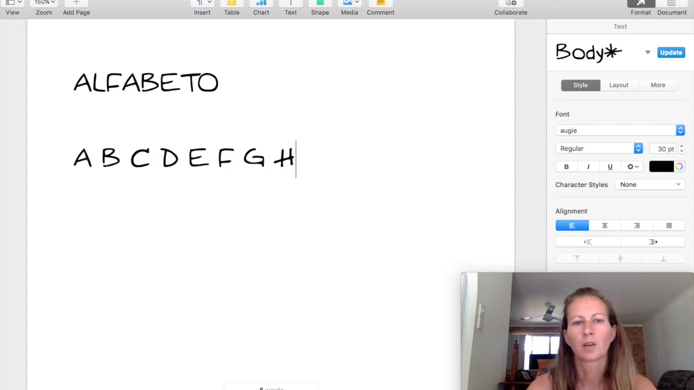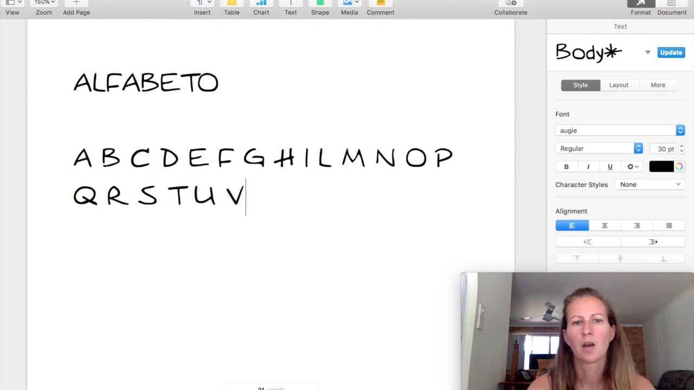G, H, I, L, M, N, O, P, Q, R, S, T, U, V, W, Z. So these are the Italian letters. To them we add the ones we call foreign letters, which are J,